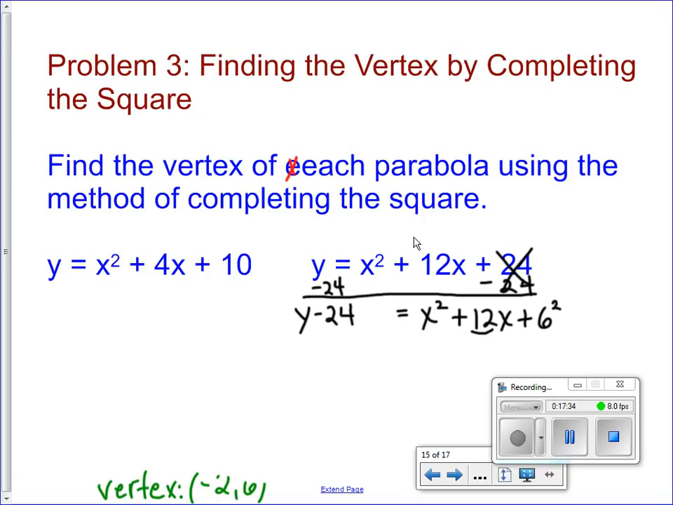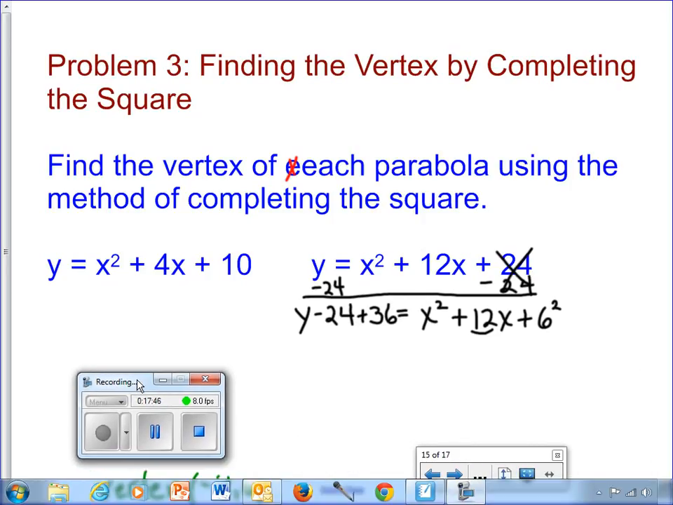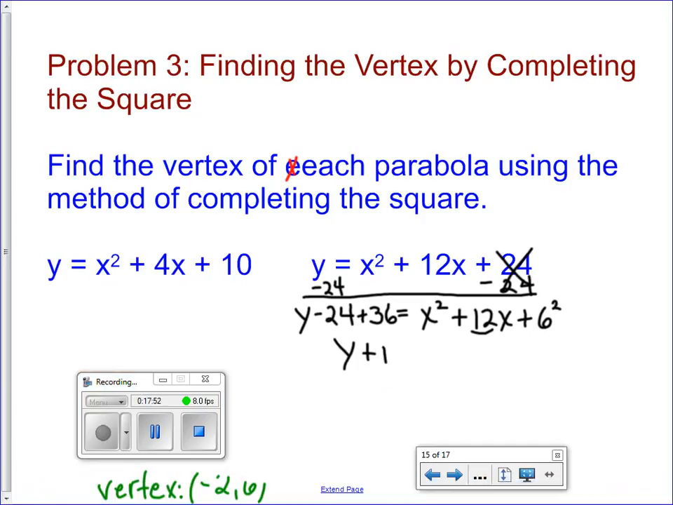So I want to do the same to the left-hand side. I'm going to go ahead and rename 6 squared as 36 on this side. All right, simplifying. Let me move this out of the way for us. y minus 24 plus 36 would be y plus 12 equals